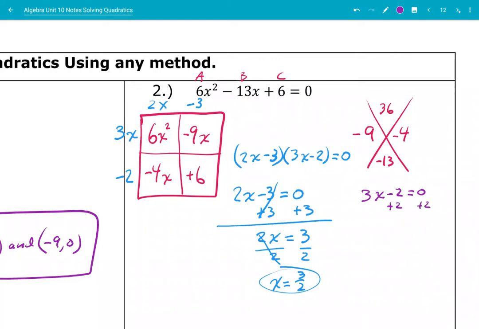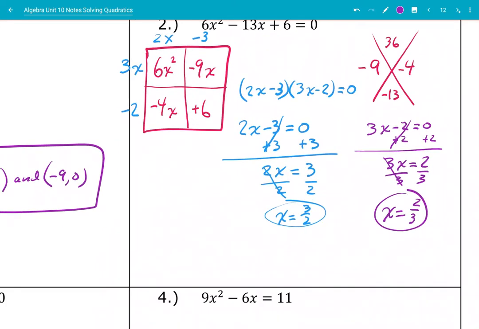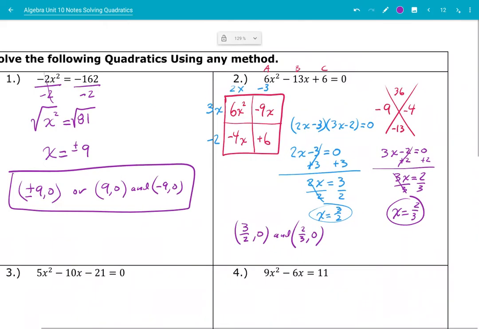Add 2 to both sides. 3x equals 2. Divide by 3. So x equals 2/3. So my answers, 3 halves, comma 0, and 2/3, comma 0. There we go. So by factoring,